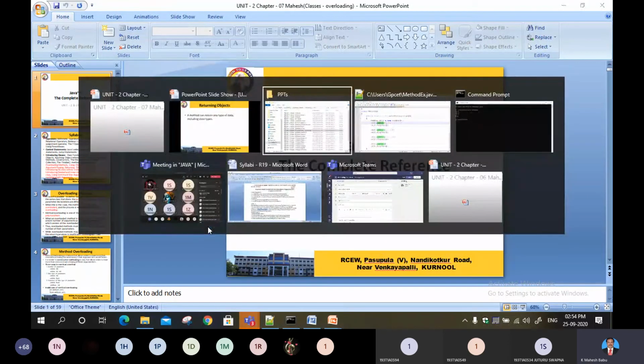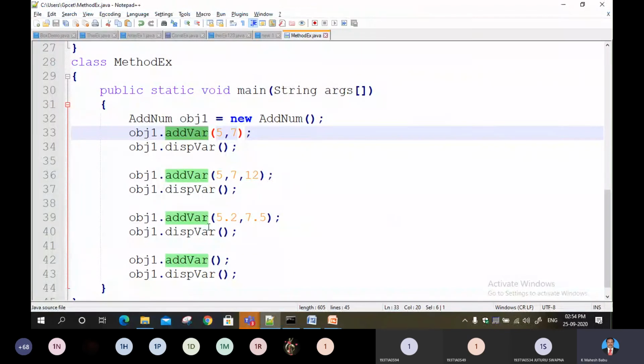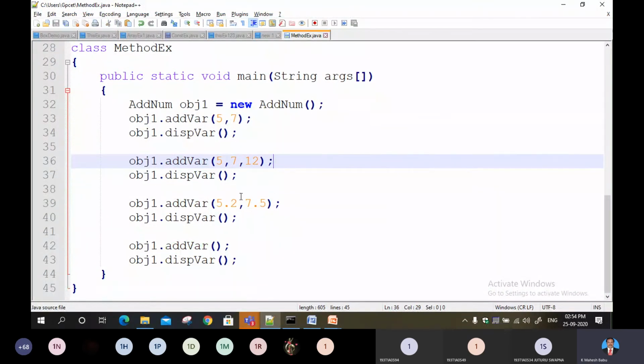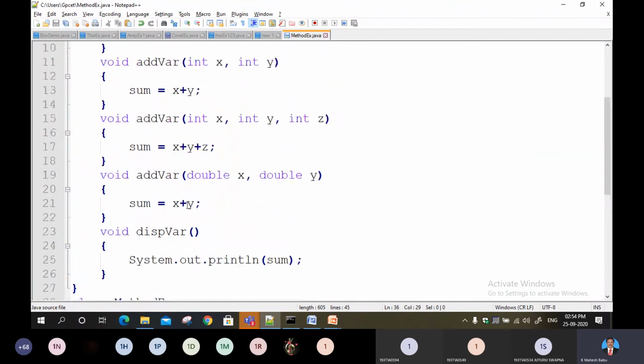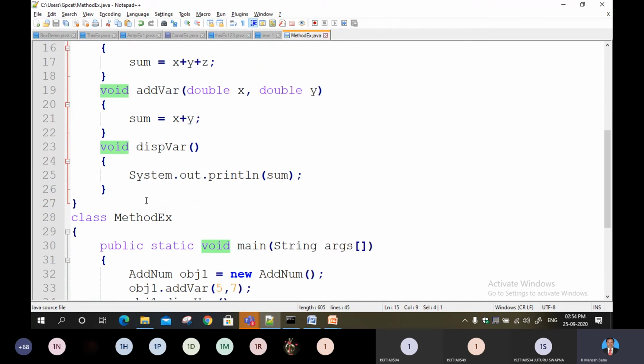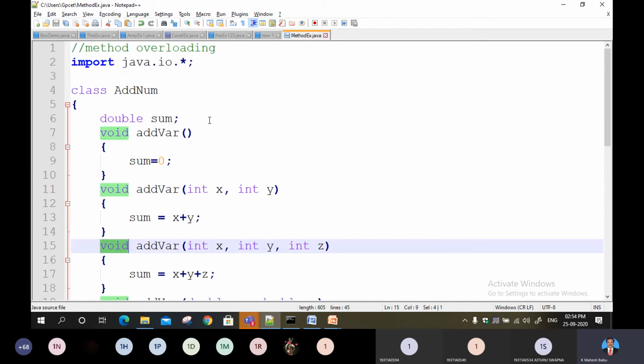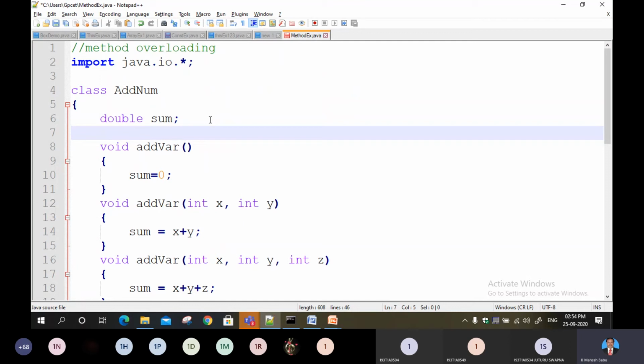If you are good at C language methods, there is nothing more in this. It's a very simple notation here. For example, when a method needs to return a value, instead of void we need to mention the return value type, right? So when it returns, we need to catch the value and print it. For example, I can take one more method with the same name.